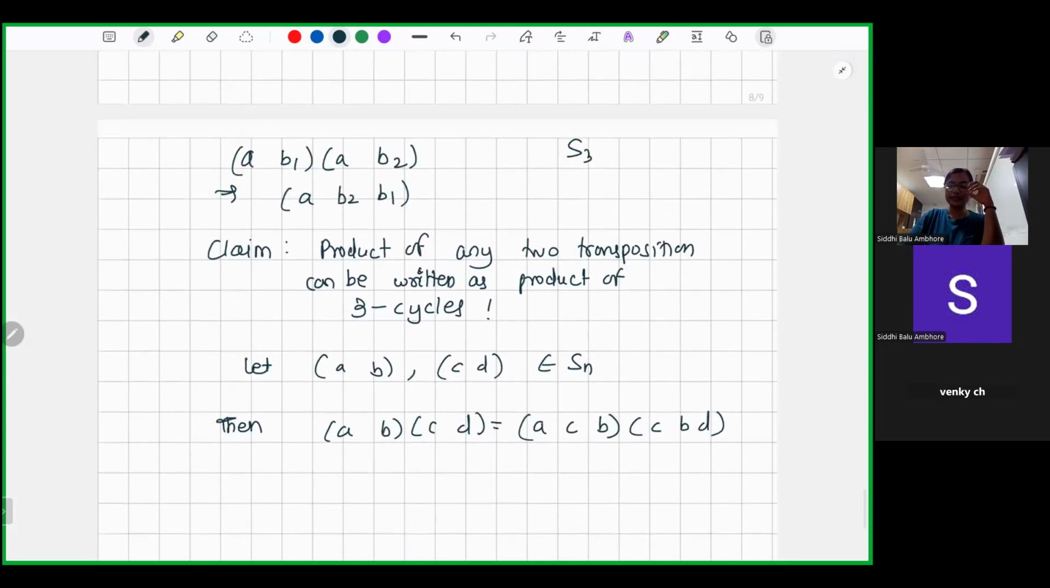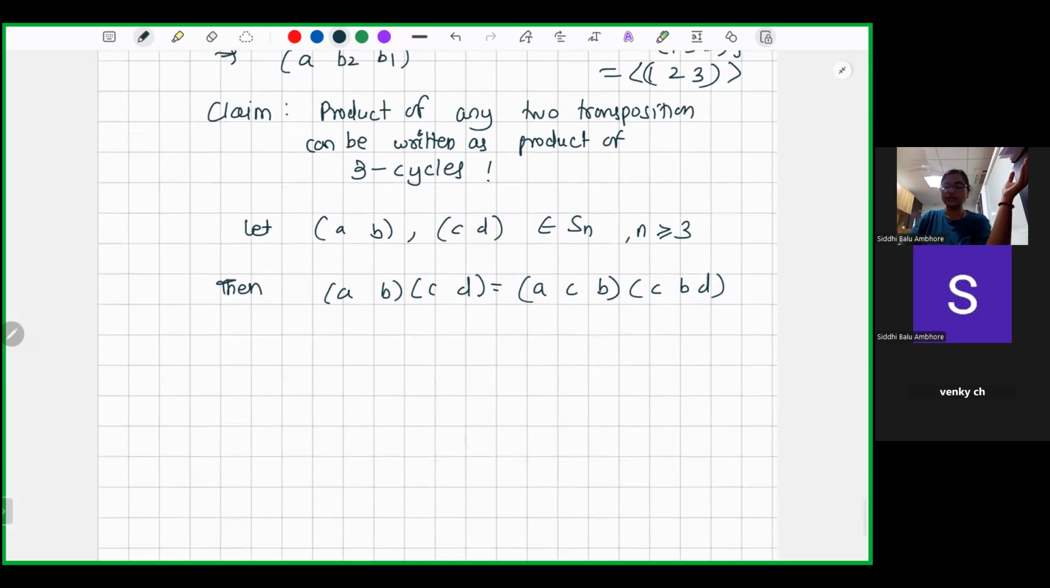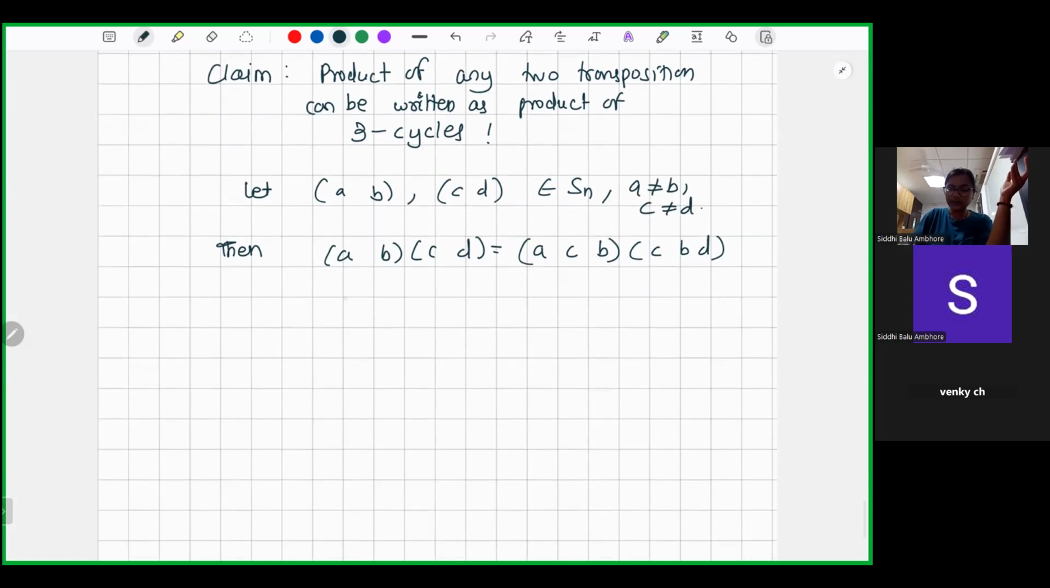Okay, note that in S3, there are only two 3-cycles. I mean, A3 in S3 is this: e, (123) and (132). So we know any possibilities are anyway generated by 3-cycles here. So we are talking about n greater than or equal to 3 here, because we already know how things are there in A3. So we can assume this A, B, C, D to be disjoint and work,